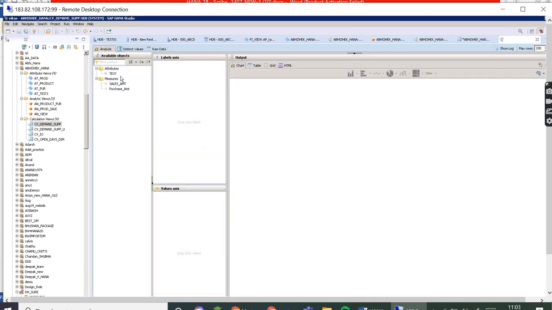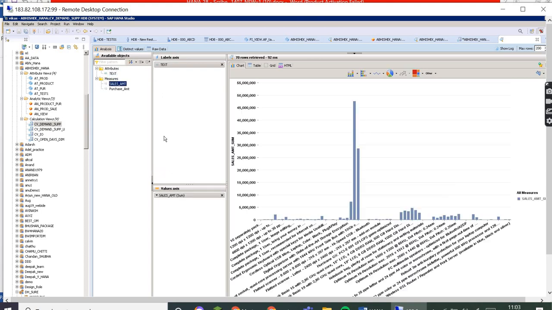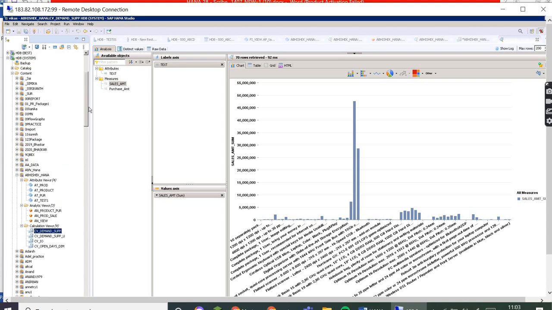Sir, do the tables which are in the front end system have any link here? I mean, they are just designing here. So is it changing there also, or do they just change here and extract the report? Here we are not changing any of the tables. We are just using the table.